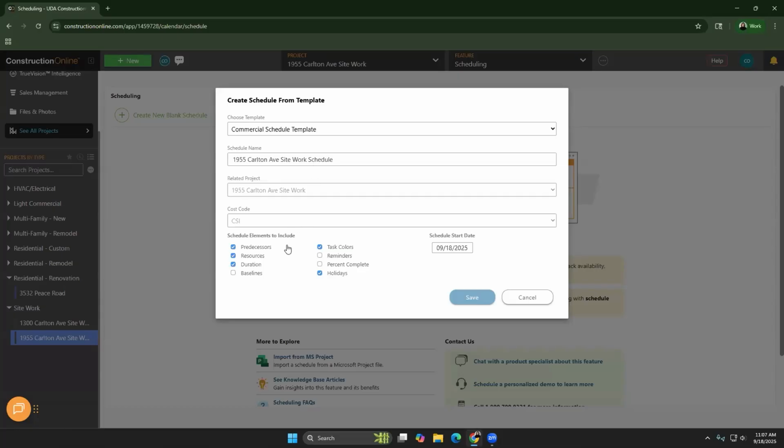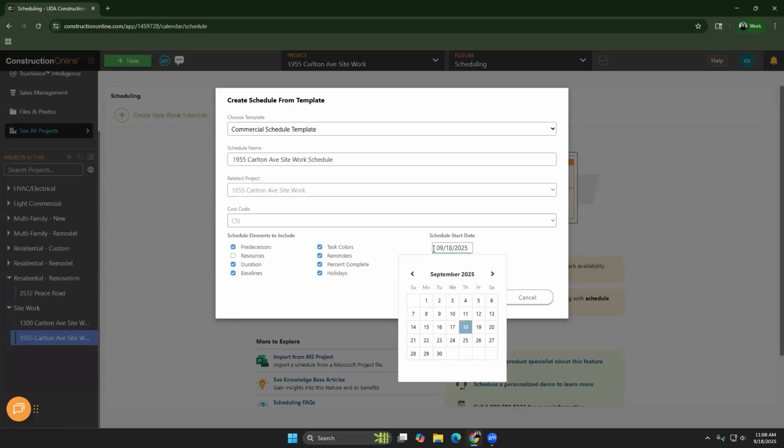At the bottom, you would choose which elements from the template you want to include. So for example, if you want to include predecessors, but maybe you don't want to include the same resources from the template, you can just check which items you're wanting to include and then choose which start date you want. So even if your template, like you said, Ivy, was built back in 2022, you would be able to easily update that to 2025